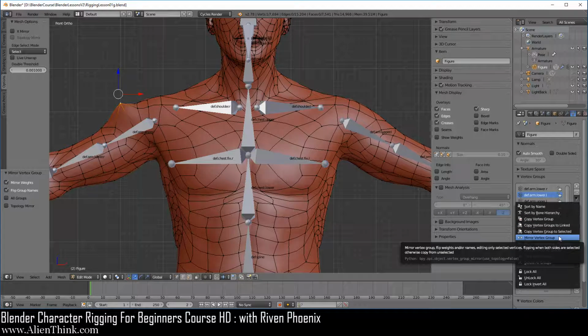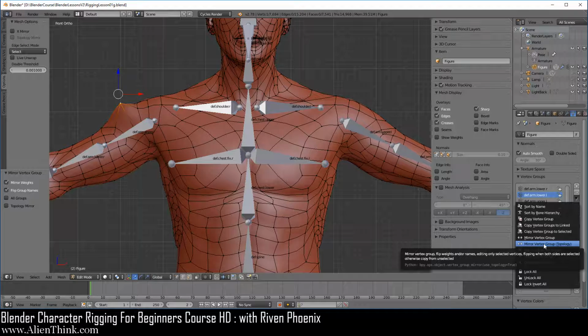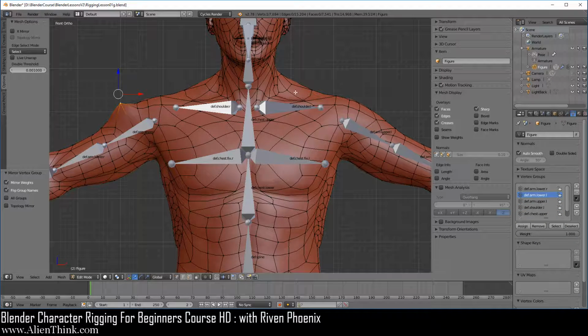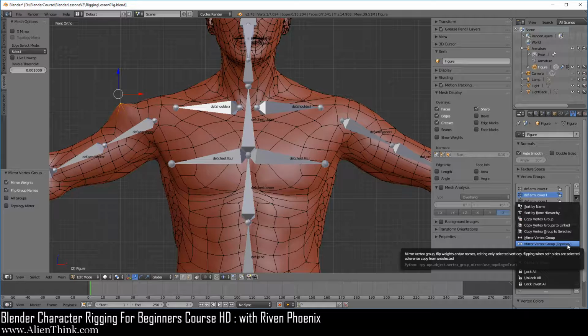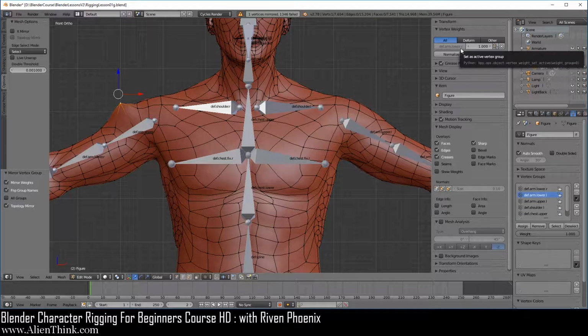Now if you want to mirror a vertex group where it says topology, so whenever you see this word, that's basically what it means. It means that your topology is exactly the same on the left and the right side, but you've changed the way the figure looks on one side, right? So it's not symmetrical anymore, but the topology, how it's designed, is exactly the same. So now when we click on this and fire this off, it's going to work with the dot R.